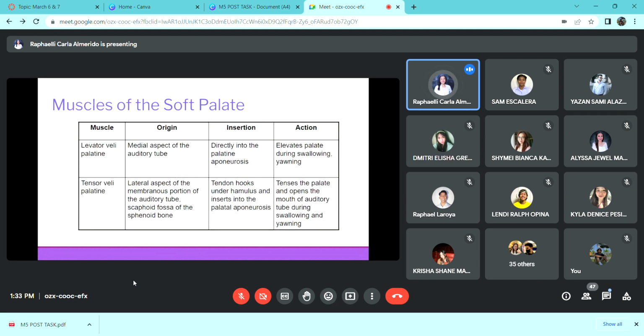And the last two muscles of the soft palate are your levator and tensor veli palatini. So for the levator, the origin is the medial aspect of the auditory tube. For tensor veli, it's the lateral aspect, okay, of the membranous portion of the auditory tube with the scaphoid fossa from the sphenoid bone. The insertion for the levator is directly into the palatine aponeurosis, while for the tensor veli,